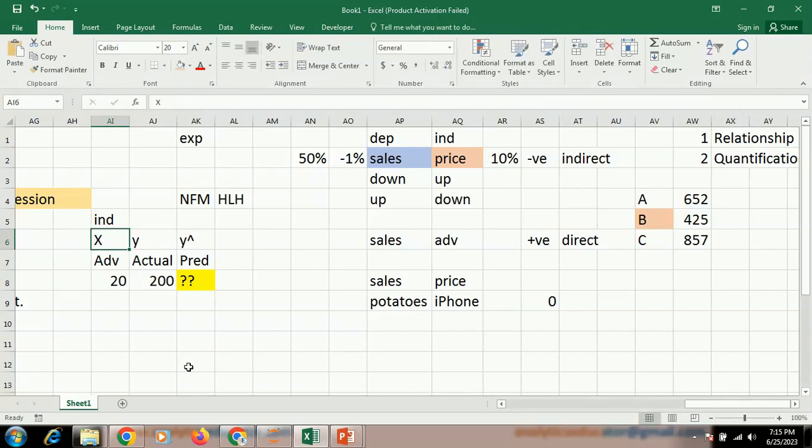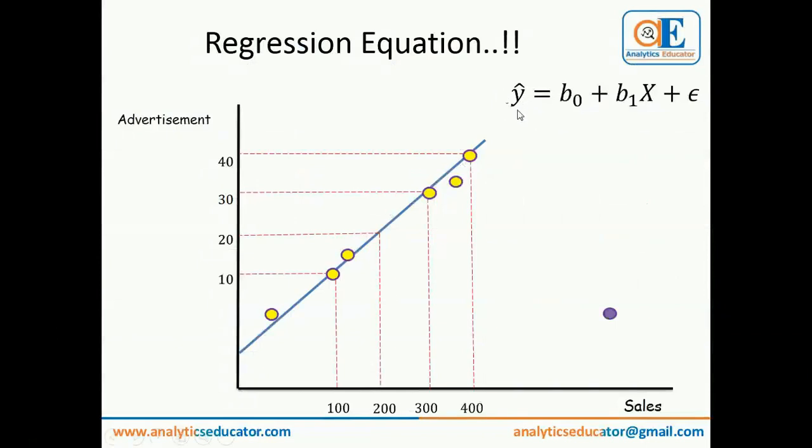Okay, the actual dependent variable is y, the predicted dependent variable is y hat, and the independent variable is denoted as x. So now you understand y hat, we are going to figure out y hat, the predicted sales. B0 is what? In the linear regression equation, wherever the line intersects with the y-axis, this point is the value of b0. Now your next question will be, how do I know what this value is? Whenever you run it in Python, Python will tell you the value of this point. In this case the value is 4. Python will give you this number.